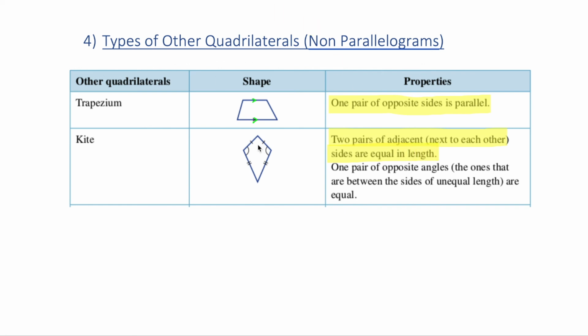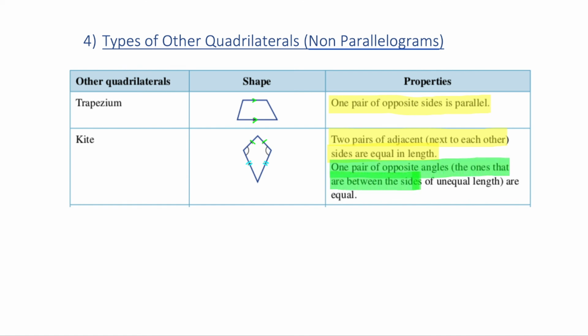So which ones are in this case? I'm going to do it here with green. This side that is adjacent next to this side, they measure the same. And at the bottom, this side measures the same as the other one adjacent to it. Okay, so two pairs of adjacent sides are equal in length. Beautiful. And it says one pair of opposite angles